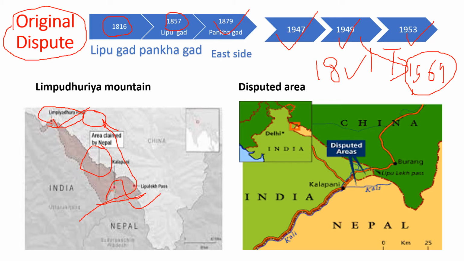And look, where the disputed area lies currently: this is the west side of the Kali River, and this is the east side. Actually, this has been in India for nearly 200 years. Now Nepal is saying that no, this is our area, and we will go up to here, up to the Limpiyadhura mountain. So that is a very big claim which has been made by Prime Minister Oli to distort the situation,